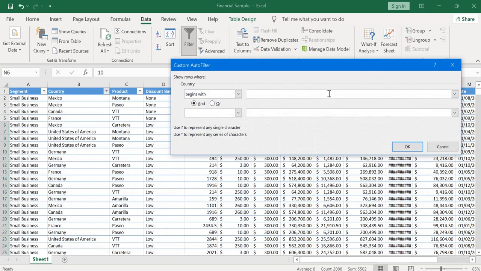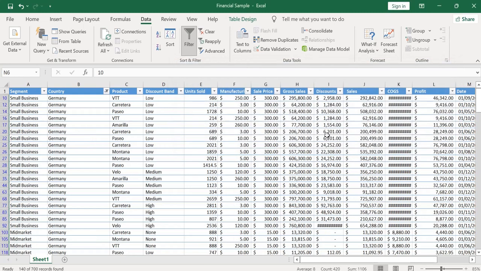Now if I want the data of the countries which start with GER, so the country has to begin with GER. Let's see if it's going to apply or not. Click OK. Look at here, the countries whose name starts with GER, the data got filtered accordingly. So this is about the text filters.